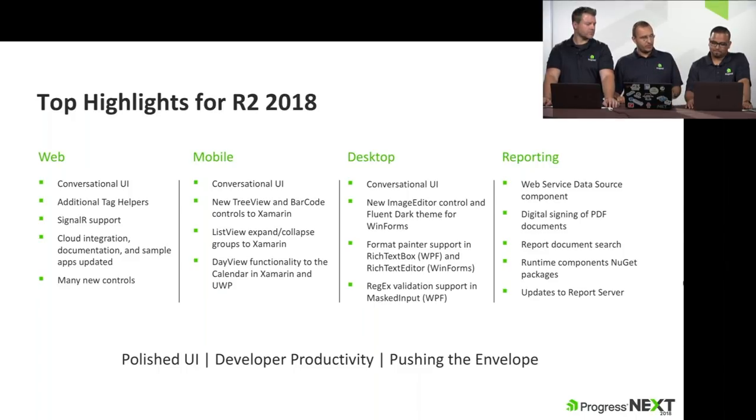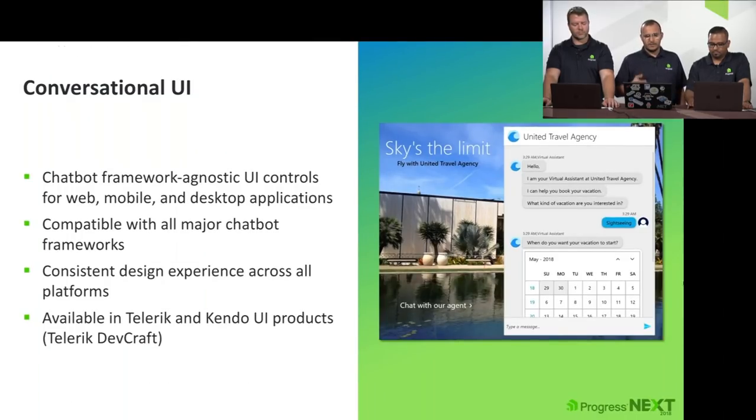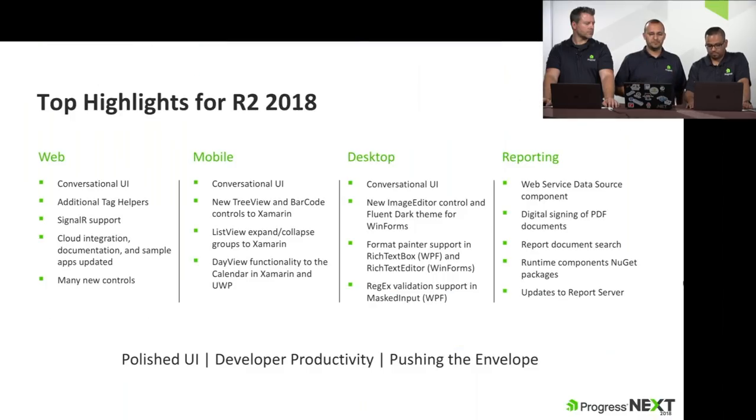On the desktop front, the WPF and WinForms product lines are both extremely mature products. They both consist of more than 120 components to cover every scenario possible that we have met throughout the years. But still, we are always seeking what our customers need and how we can improve further. This is why we have added an image editor control in WinForms, and we have released a suite of file dialogs for WPF, so you can have a consistent look and feel without the need to switch into Windows UI. So with that, we have